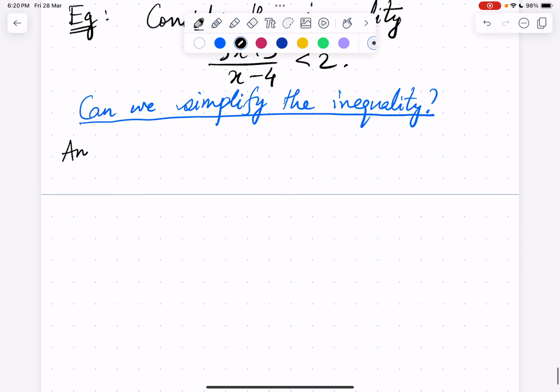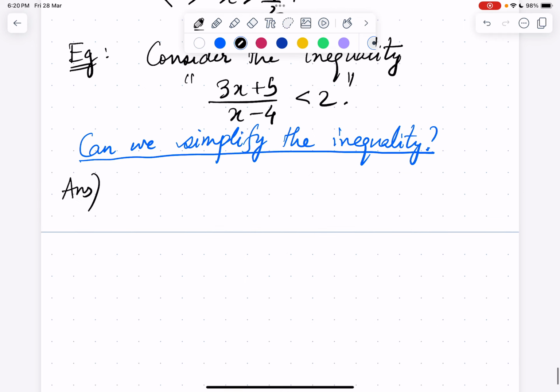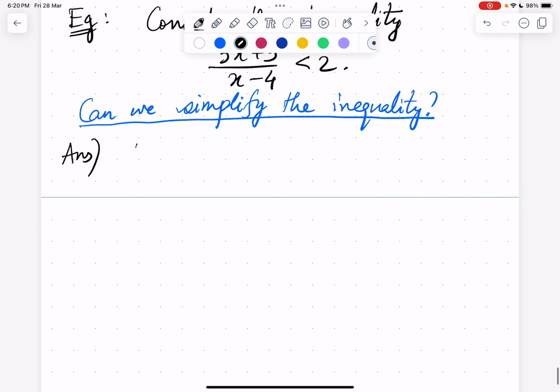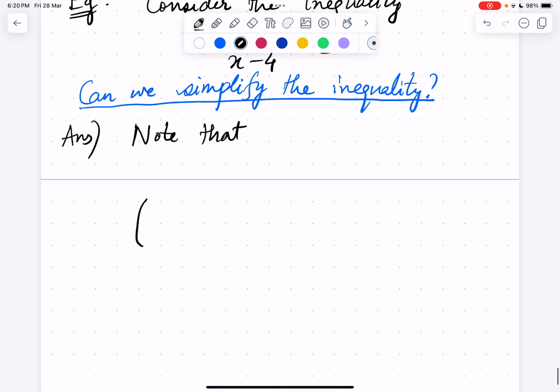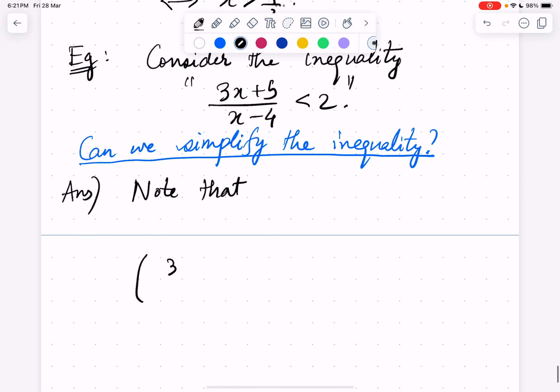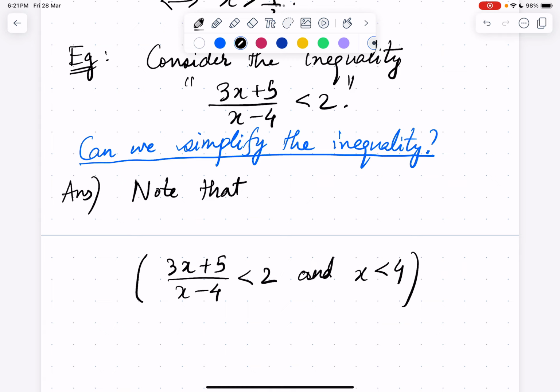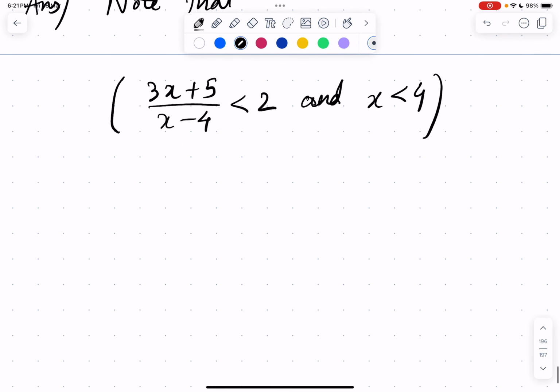So we'll proceed. First note that we have the denominator x minus 4, so we can consider this combined constraint. Instead of considering the constraint (3x plus 5) by (x minus 4) is less than 2, we can consider the stronger statement (3x plus 5) by (x minus 4) is less than 2 and x is less than 4. Suppose we are looking at this statement, then we can rewrite this as,